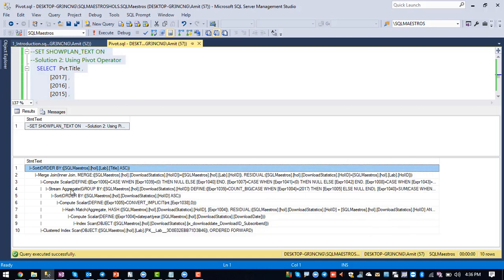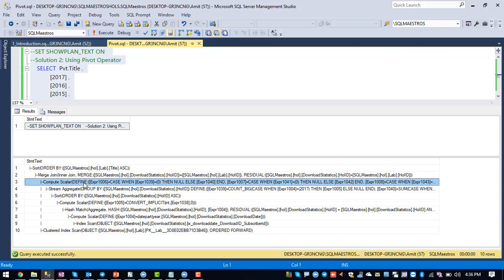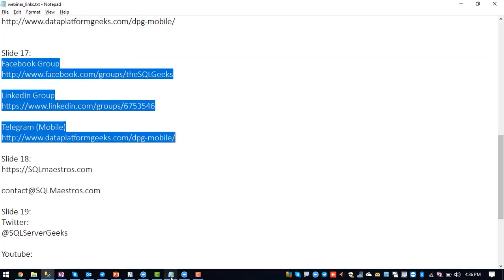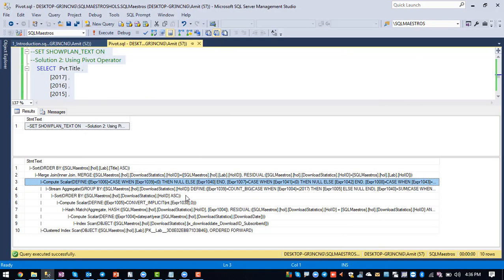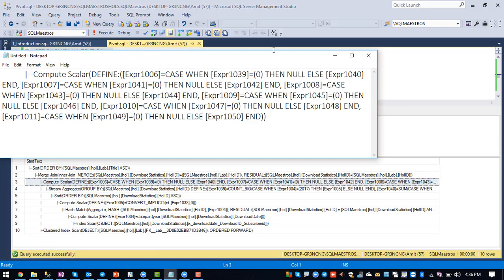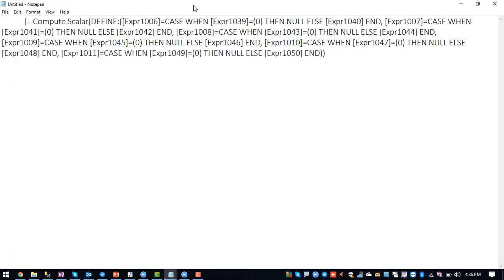If we see this execution plan in text format, I'll just take out this compute scalar and put it up in Notepad, and if you observe, this is a multiple switch case statement.